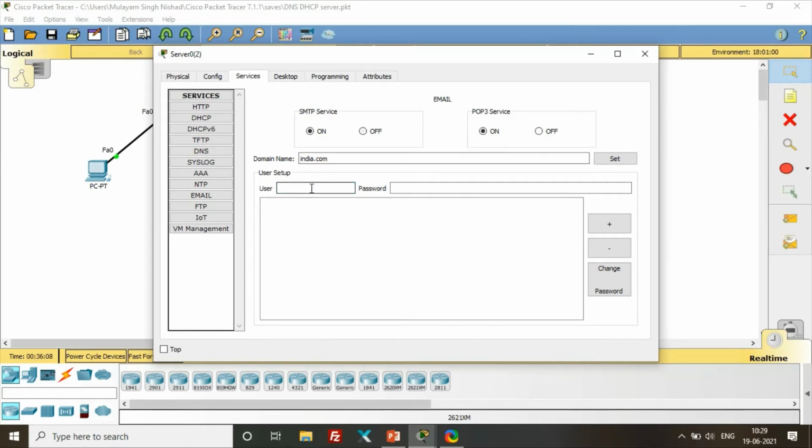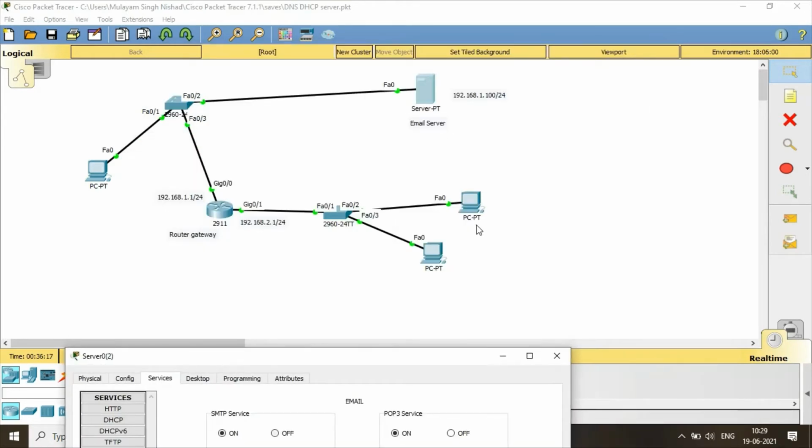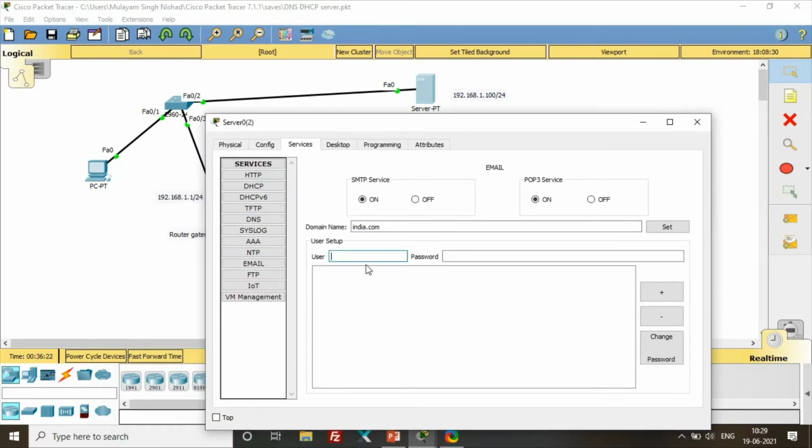For usernames, suppose I want three usernames because we have three PCs, but you can put more than three also. Let's give random names of users. The first name is Salman, and its password is S. The next username is Rohit, and the password is R for Rohit.